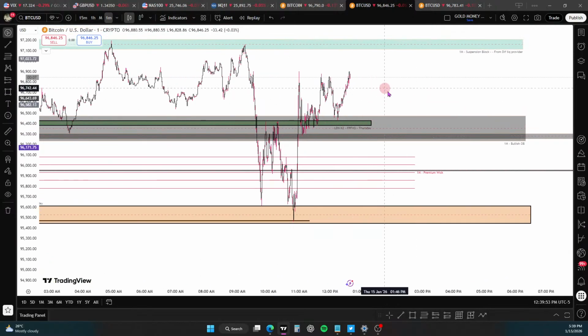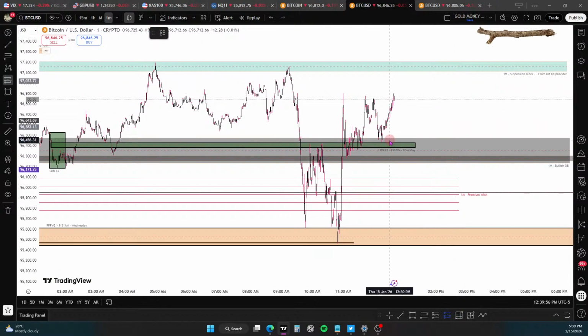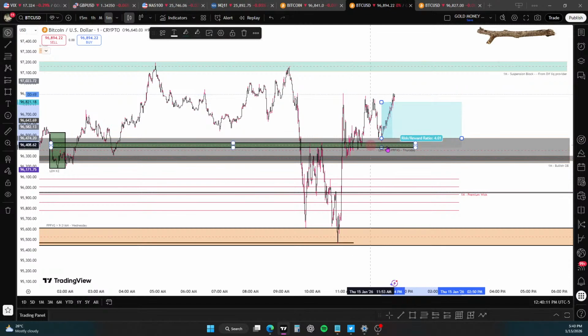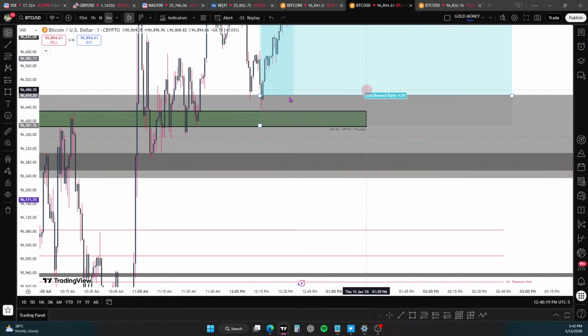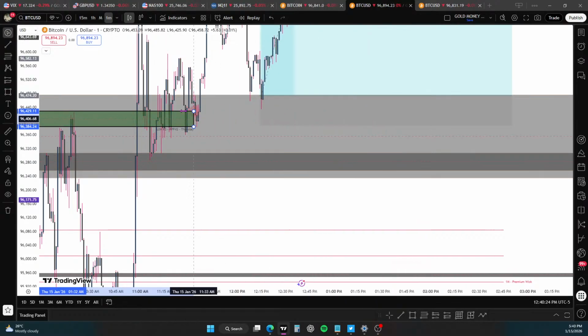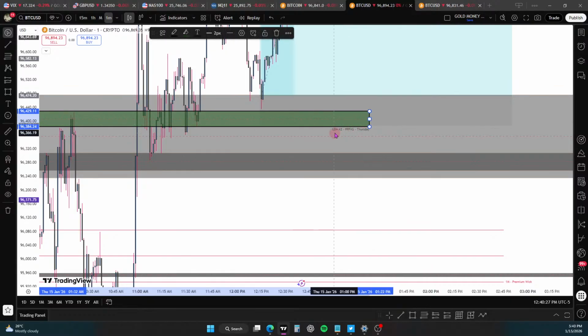But it's showing you how you can utilize these areas, and this is even all of them. Look, we failed to hit it right here, and it's also inside this. So you could have bought this bullish order block and had your rejection, your stop loss invalidation at this low here, which coincidentally, this exact wick low falls perfectly in this box, which is the London kill zone first presented fair value gap on Thursday.